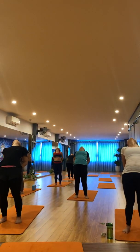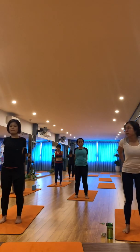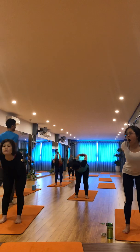5, and now 6. Hip ball, come back. Down the sound, finger lock from behind. Bend down, twist 1,